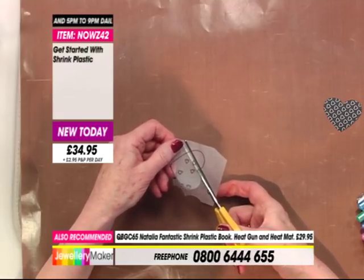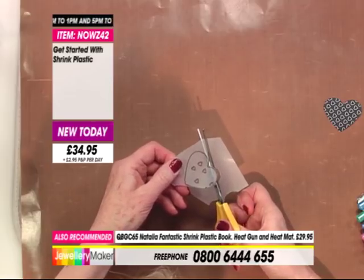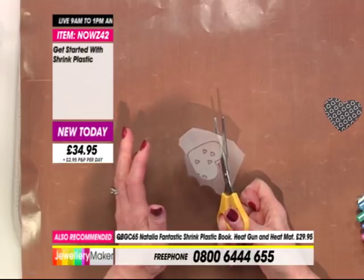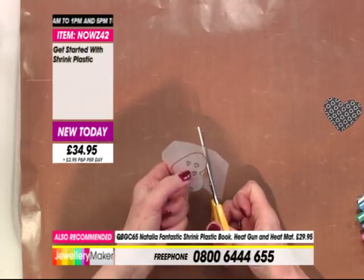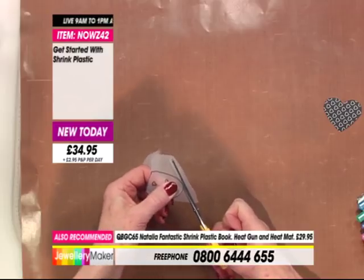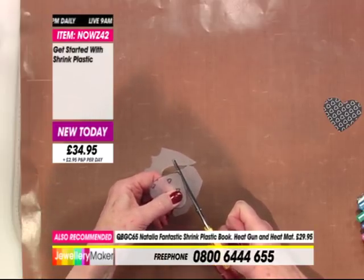Okay, we're just going a little bit more. Move the shrink plastic round, not the scissors, and continue working round. It's always best when you're cutting anything at all, this works in every creative hobby where you're using scissors: move the item, not the scissors. Literally move the item around so that the scissors follow your movement, and then just snip